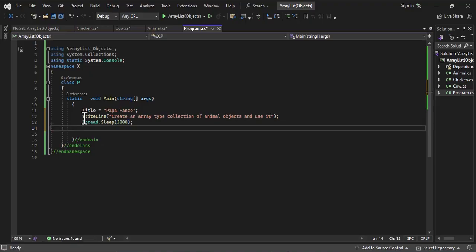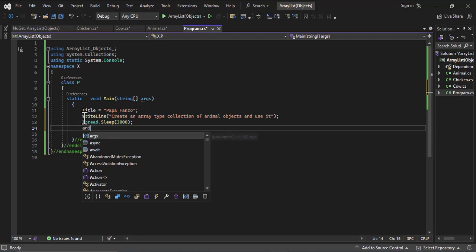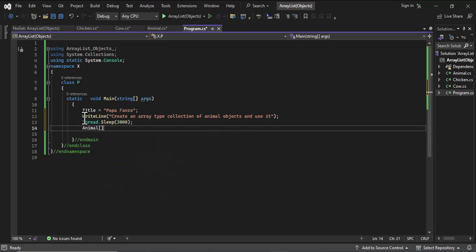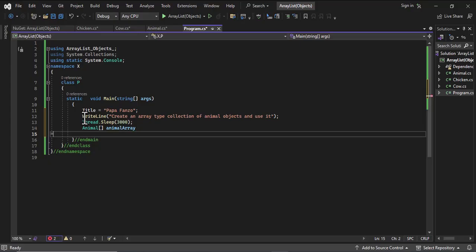Right, and then let us now create this array type collection and see what we can do with array type collections. What are the limitations? And then we will build on top of that. So I'm going to have an animal class. This is a sign that I'm creating an array, and I'm going to call this animal array. So let me just say animal array, and this animal array that I have will be equal,